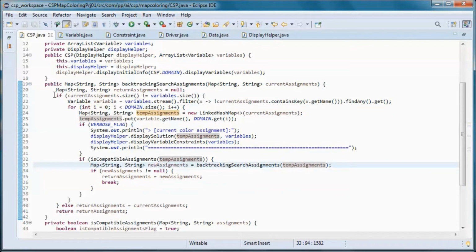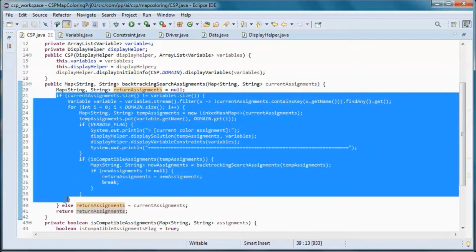And in case we assigned the colors to all the states, then we will return assignments, which is null. So we'll skip this logic.